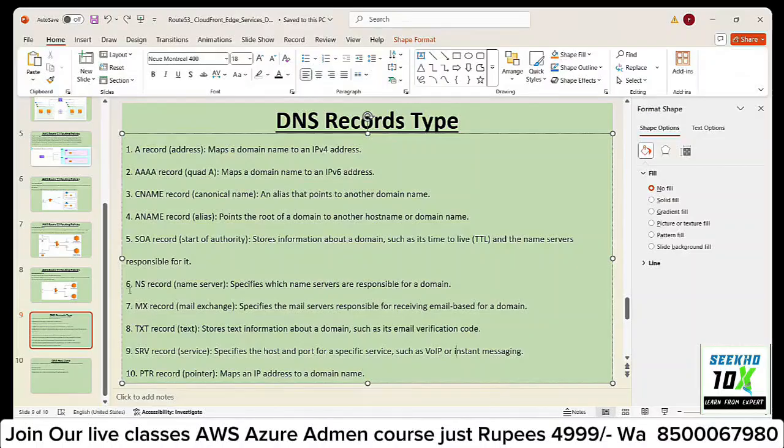For resolution of your name server, you require a name server record. For accessing your site, you require an A record. And to store your information, you require an SOA record. So like this, you have different types of DNS records, and based upon those DNS records, it will work and start communicating.